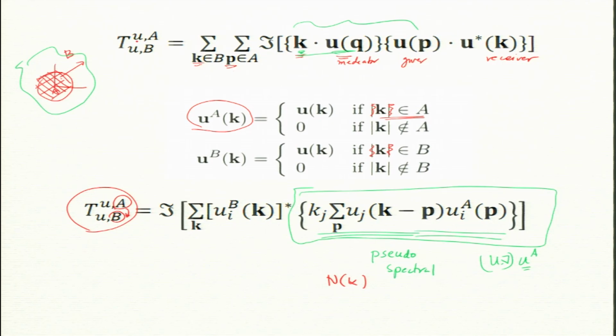So, by notation I should say that: top is a giver and bottom is a receiver, and the first letter is what field. Now, I am only using velocity field, but sometime later we will also use magnetic field. So, this may change to B for magnetic field, and this is the region A, B.